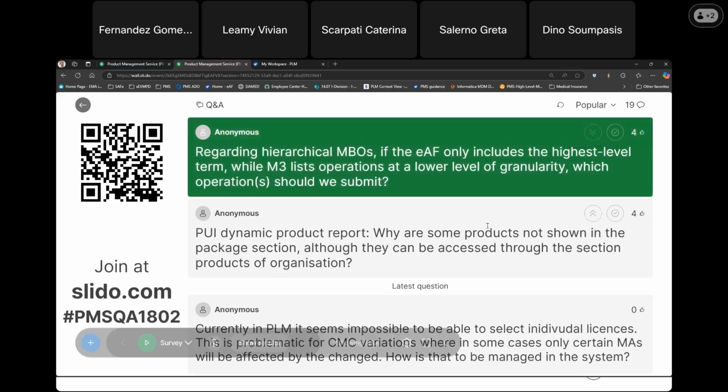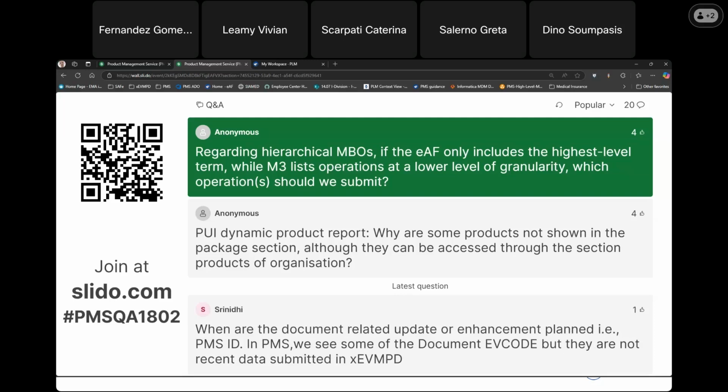Then, regarding the hierarchical MBOs in the EAF, if the EAF only includes the highest level term, while M3 lists operations at a lower level of granularity, which operations should we submit? So you need to submit the ones that are captured in EAF. I know there have been a lot of comments about what EAF is showing, how do we capture this information? So before Monday, you will have a new version of Chapter 3 with the list of manufacturing business operations that you need to provide to